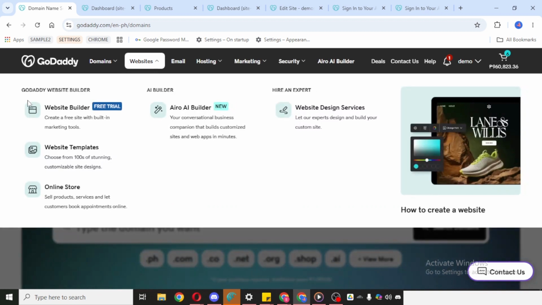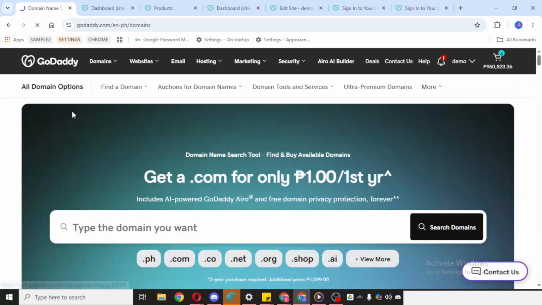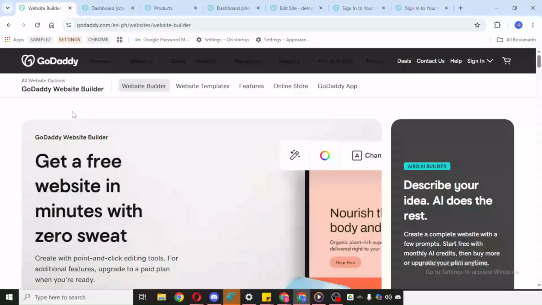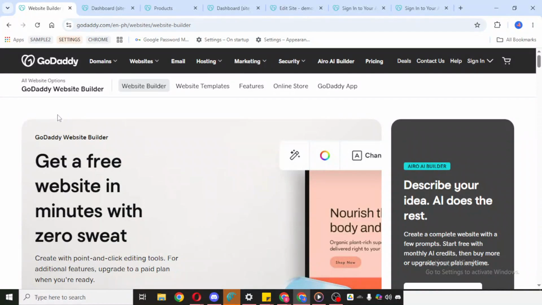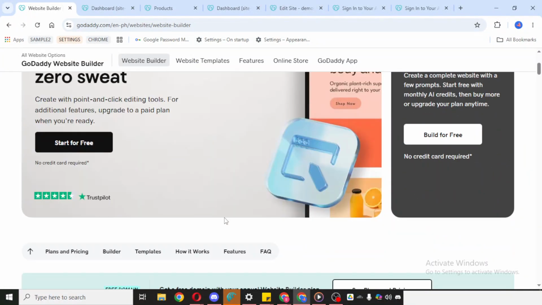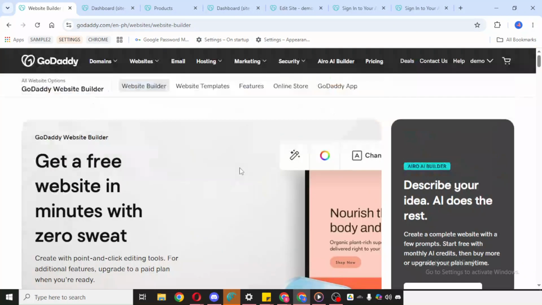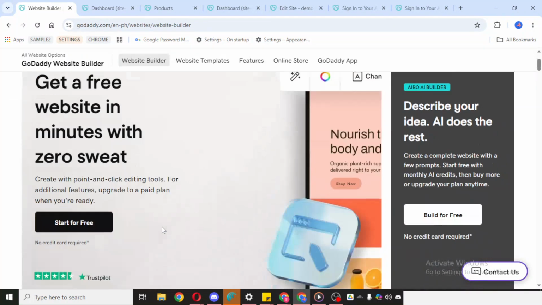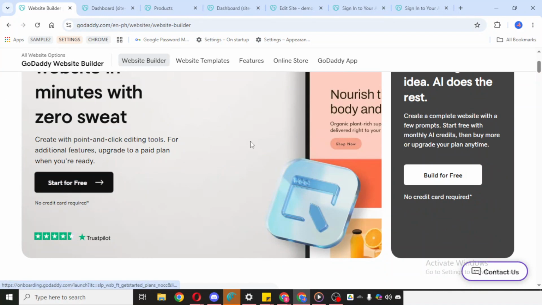This is the area where GoDaddy shows you its available website building plans, along with the features included in each one. Once you're on the Website Builder pricing page, you'll be able to see the different plans available. Typically, these include Basic, Standard, Premium, and e-commerce. This is the most important part of the process because each plan is designed for a different type of user.